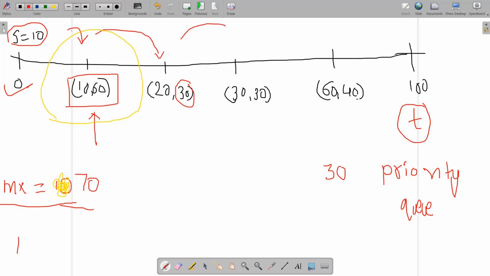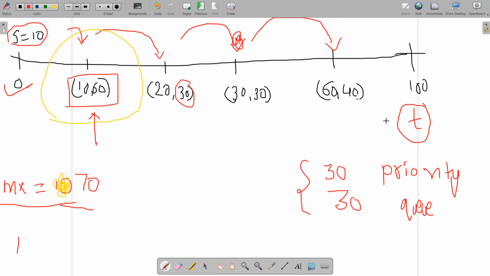Like when I have come up to this station, you can see it has the coordinate 30. Can I reach the coordinate 30 with the maximum reachable 70? Yes, I can do. So I will move up to this next position. Note that again 30 is being pushed into the priority queue. Now the priority queue size is 2, and it contains 2 times 30.